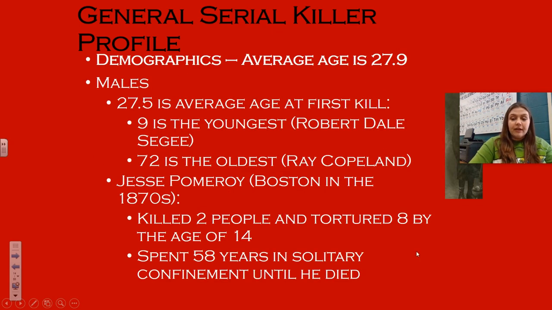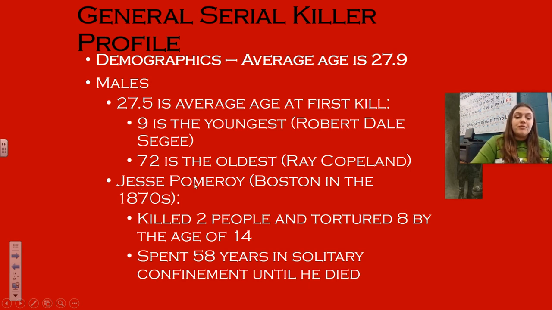For some demographics, again, these are just averages. The average age is 27, or almost 28, really. For males, 27.5 is the average age at first kill. Nine is the youngest, Robert Dale Segge, and 72 is the oldest. So a lot of times they guess that they're in their later 20s when they become a serial killer, because usually you start getting that kind of mental illness in your teens. It takes a while from getting that mental illness originally to when you're really going to act upon it, usually. But still, one became a serial killer when he was 72, and this one was 9 when he started